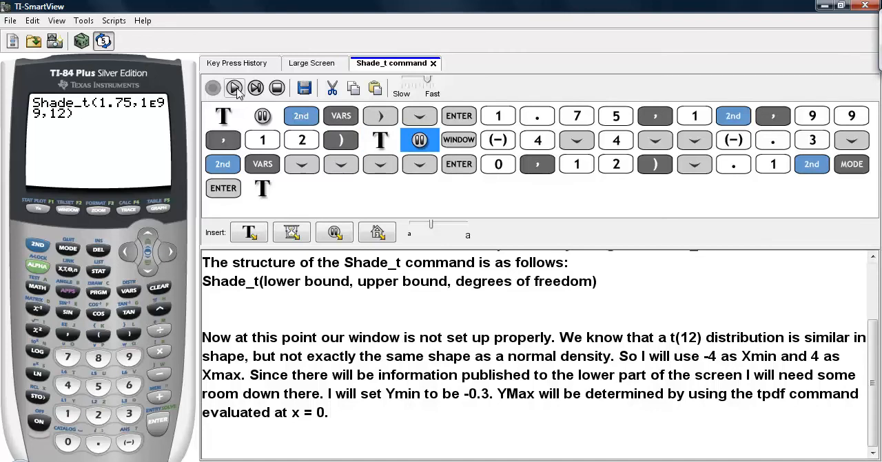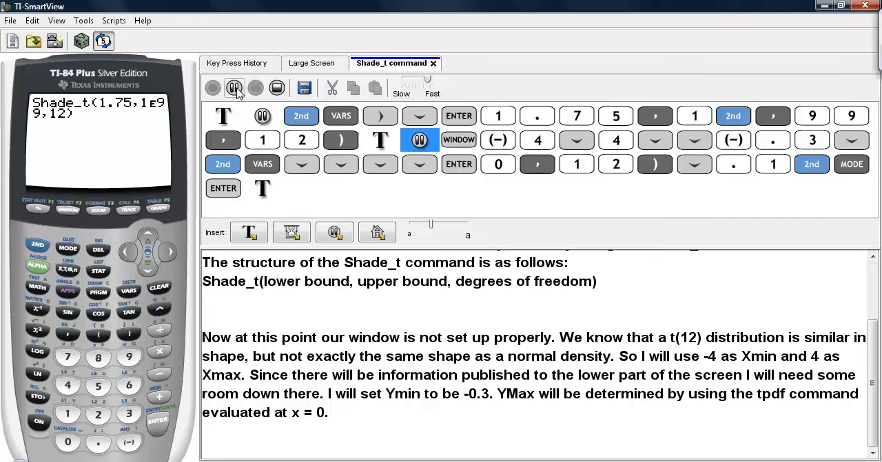We know that a t-distribution with 12 degrees of freedom is similar in shape, but not exactly the same as a normal density. So I will use -4 as x min and 4 as x max. Since there will be information published to the lower part of the screen, I will need some room down there. I will set y min to be -0.3. Y max will be determined by using the tpdf command evaluated at x equals 0. The t-distribution is symmetric about the line x equals 0, so this will be the highest point because it is